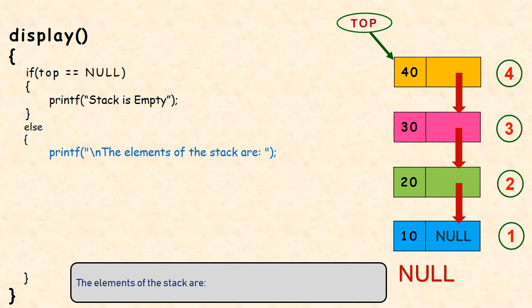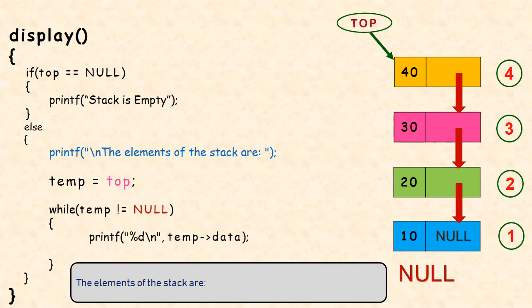Okay. So I am doing the same. Forget about the if block. We will talk about the if block later. Let us see the code written in the else block. I have written like this: printf the elements of the stack are, and I will use a loop. Okay, so I will take initial pointer as the top. Okay, so I am taking a temp pointer temp to point to the topmost node. Okay, and I will compare whether temp is equal to null or not.